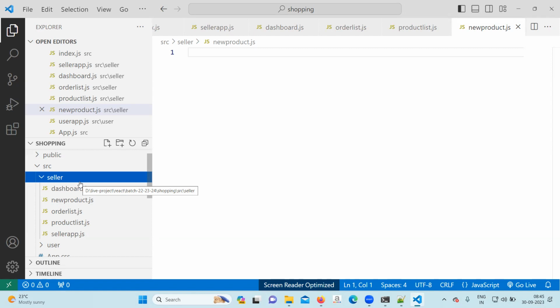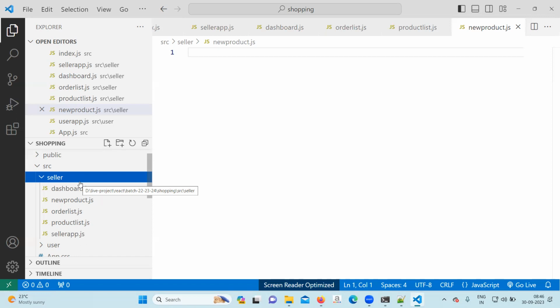When the customer comes to the website, the customer will see a list of products. He will just go to the product and add to cart. After adding to cart, the cart page will appear. In the cart page, he can increase the quantity, decrease the quantity, delete the item, and finally place the order. Payment gateway we will not integrate. It will be cash on delivery. Add the item to cart, increase or decrease the quantity as per need, give the customer details and place the order.